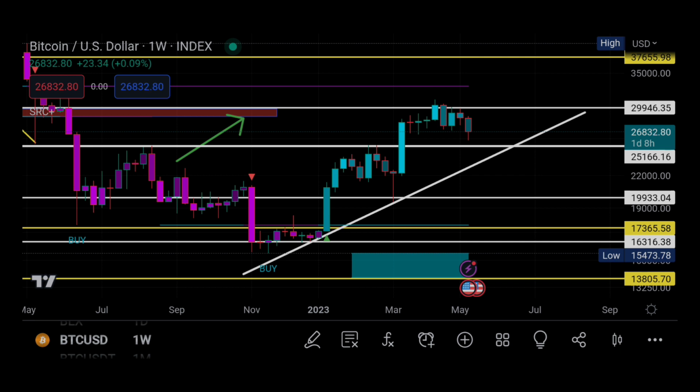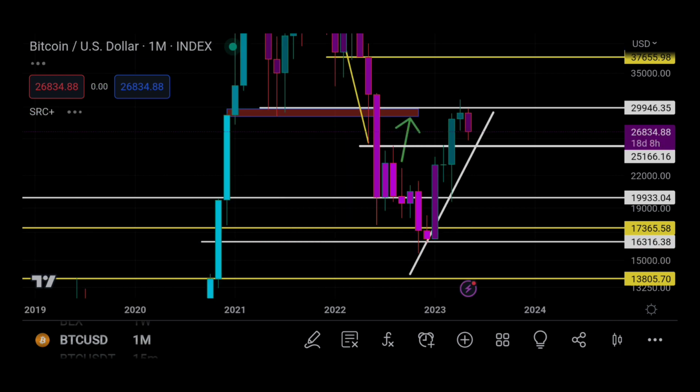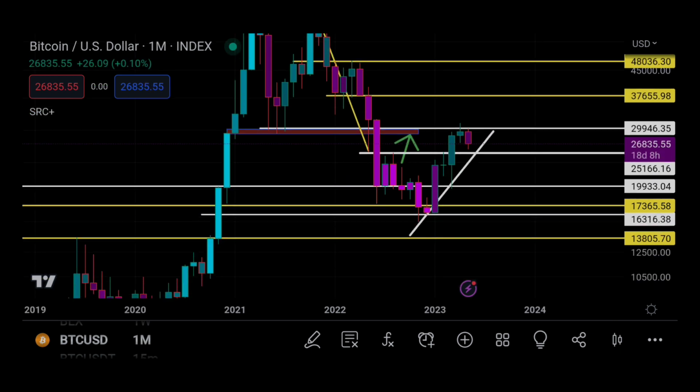But I hope this video helps you understand that the monthly candles are telling us that we're still on a bullish trajectory. We are not bearish at all. Even though we have a red monthly candle, none of that indicates bearishness. It actually says that it's just a correction. It needs to happen, and that's something we should accept. After having so many green candles, now we need to start pumping up.